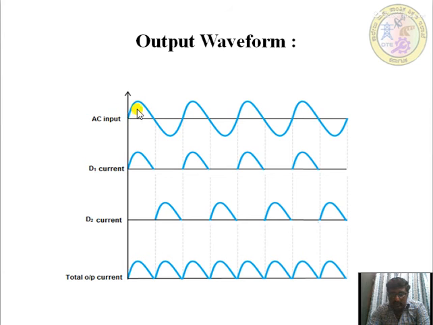Okay, this is the AC input signal. During the positive cycle, diode D1 conducts, that is, diode D1 is forward biased only during the positive half cycles, and diode D2 conducts during the negative half cycle. So there also we will be getting the output as a high peak. With the combination of this, the total output current is across V1 and V2. The total output is V equal to what? V1 plus V2. So during the spikes we will be getting a constant output.